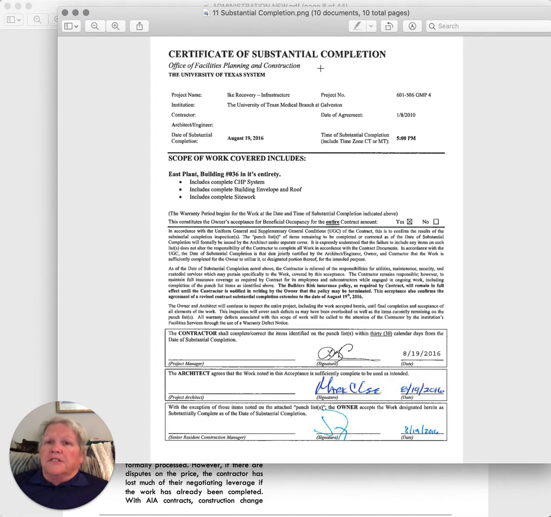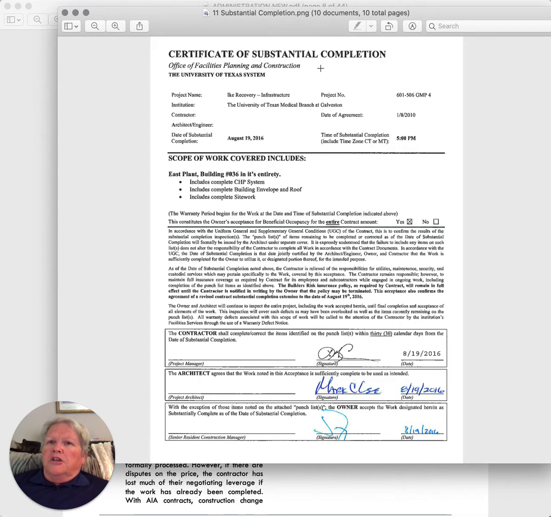What's key about this document is that it ties back to the contract and says you completed the project as agreed to by the owner, the architect, and the general contractor on a specific date. This is what stops the time from clicking off relative to liquidated damages